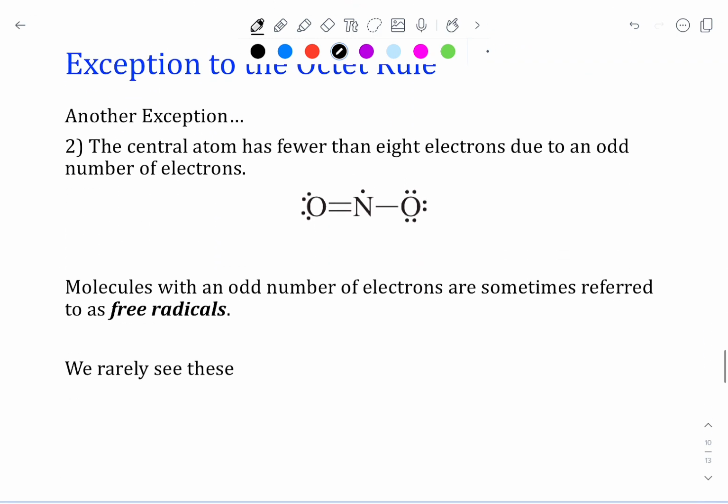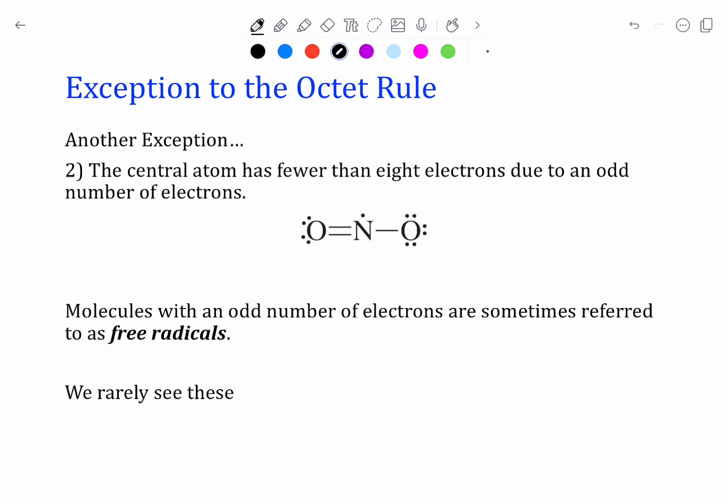Our next exception is again another version of an incomplete octet. But it's specifically where the central atom has fewer than 8 electrons because it has an odd number of electrons overall. So we've looked at a lot of Lewis structures so far, and all of our valence electrons that are contributing to bonding have always been even, and if they were odd, we usually had a charge that would change that. But in some cases, like the example of just NO2 without a charge, okay,